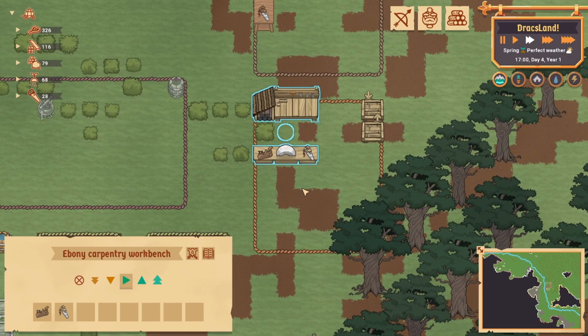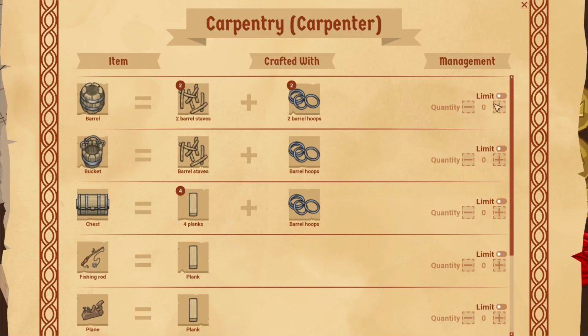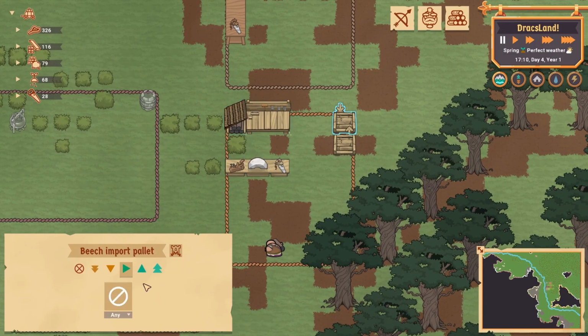And there's a few things we need to get it going. And that is, if you go here, you can look at what can be crafted here. And you can set limits on them. So let's say if you want them to make 5 barrels, you could set, hey, keep 5 barrels sort of in the limit. Hey, I want 5 chests, whatever. You can mess with these limits. But the other way to do it is to say, hey, I'm going to import